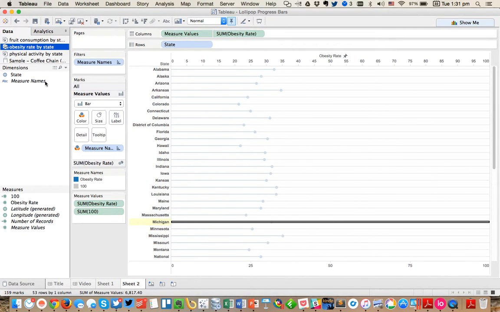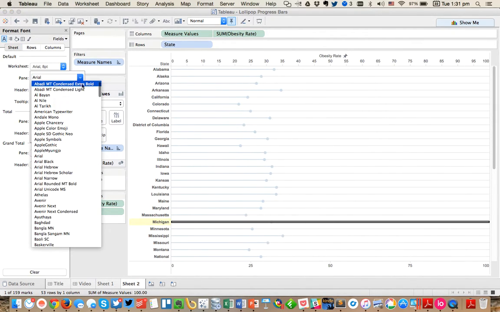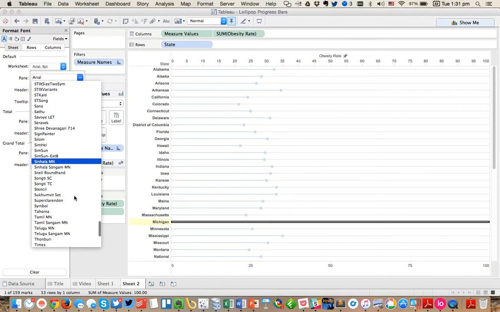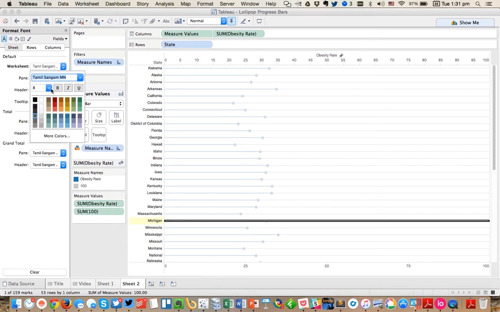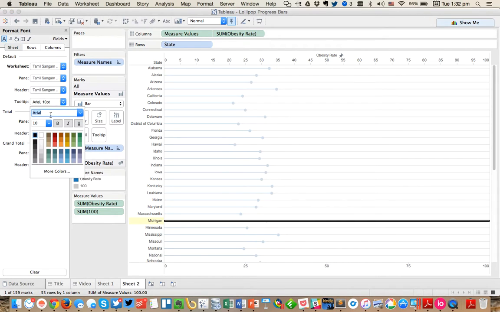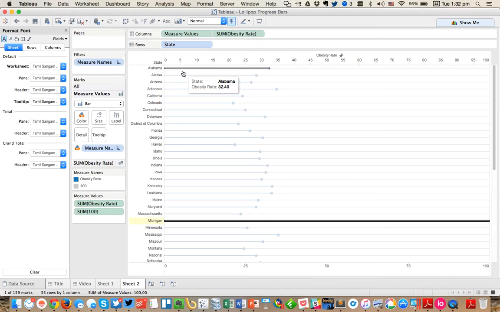Let's go ahead and format, and let's choose our favorite font. There was one I just started using that I liked called Tamil Sangam. I guess that's how you pronounce it. And maybe let's leave it at 8 point. I like to choose bold and then unbold everything, and then I like to apply the same to my tooltip. Oops, didn't mean to put the little slash in there. Okay, great. So now when we mouse over, we can see the obesity rate, but that doesn't look quite right